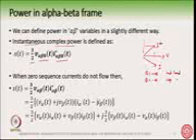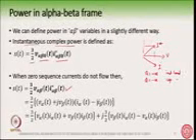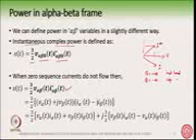So here ST is also 3 by 2 V alpha beta 0 T I alpha beta 0 T star. Suppose the zero sequence current is not flowing, then ST is 3 by 2 V alpha beta T I alpha beta T star. The 3 by 2 factor comes because we want to keep the power the same in both the alpha beta and the ABC frames.